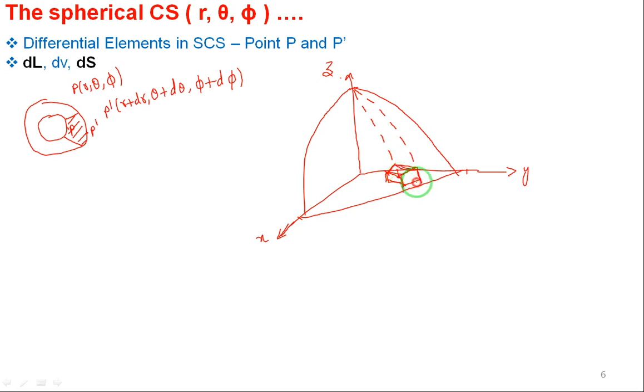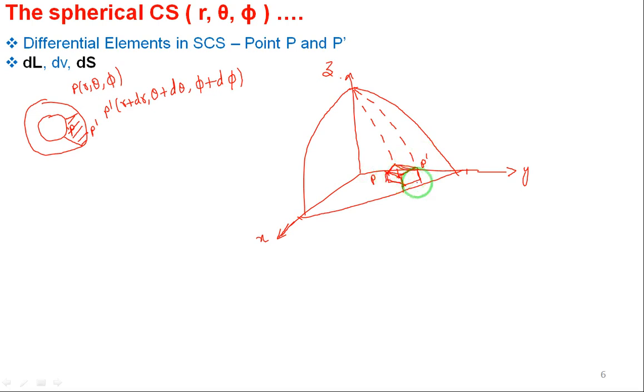Yes. On the front, point P dash is located. On the back means the smaller sphere, which I am not showing, but I will assume that P is here, whose coordinates are r, theta, phi. P dash on the front face, P on the back face. Back face means the surface of the smaller sphere, and P dash the surface of the bigger sphere, right? We know the coordinates of them. Then left and right surface. Total 6 surfaces are there.